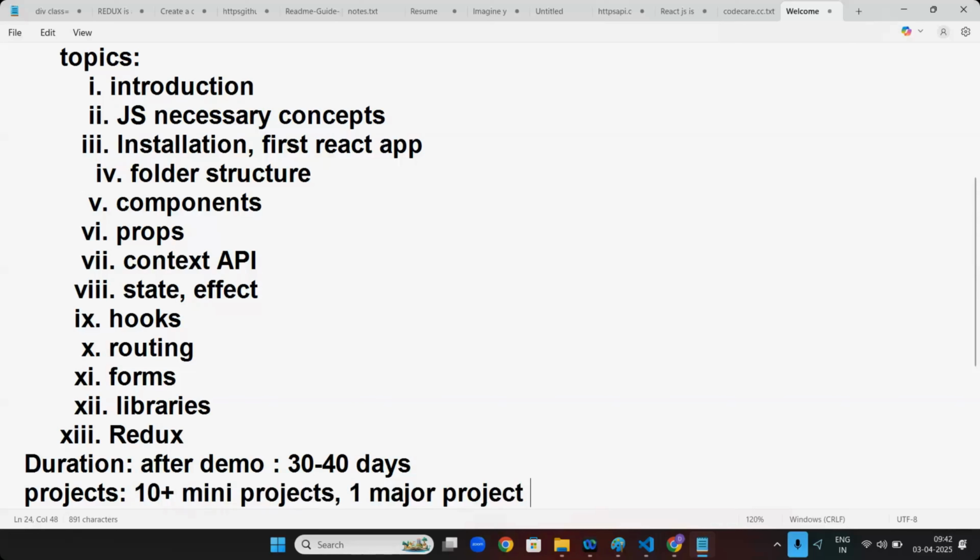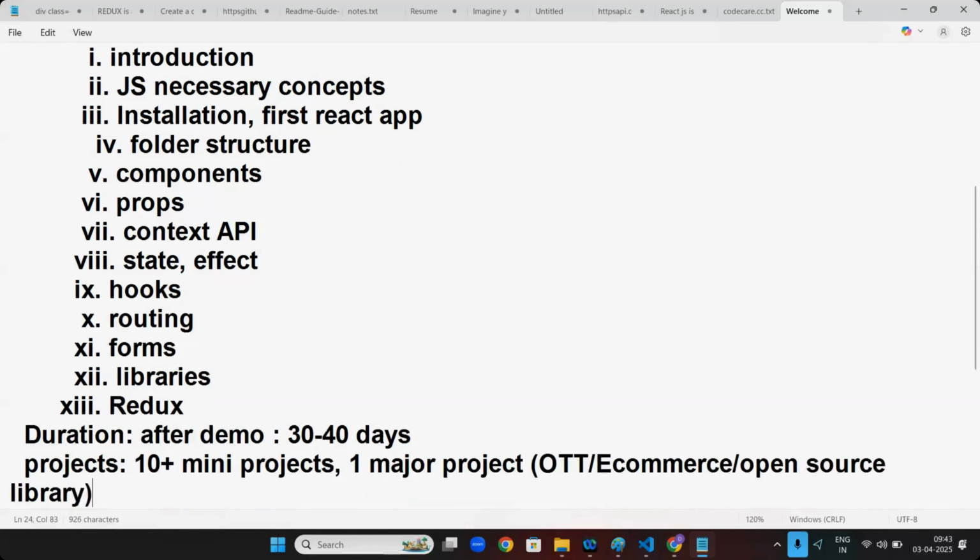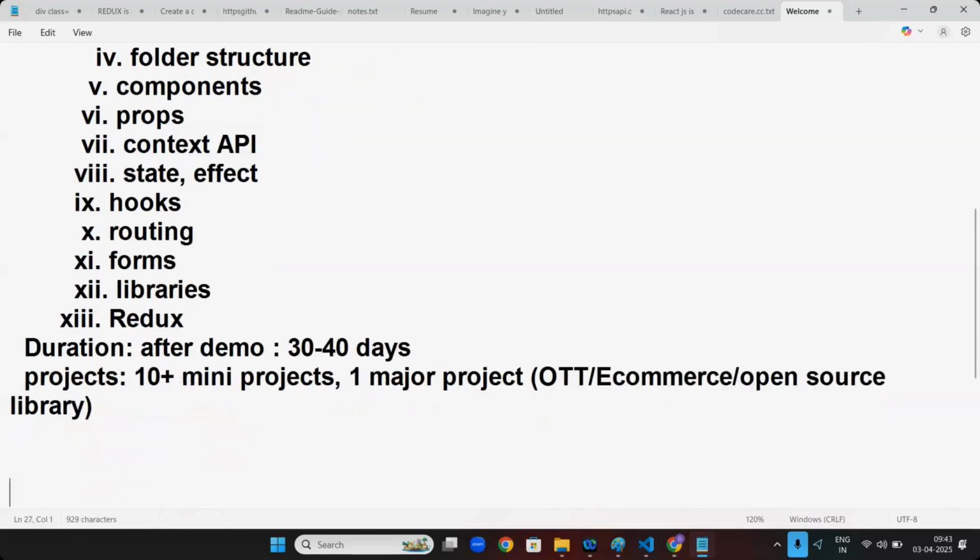We will do OTT or e-commerce, or some kind of open source library. It depends on the time, whatever you guys want, we will try that.